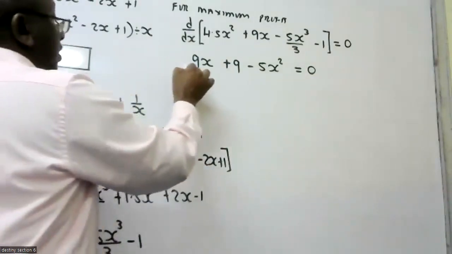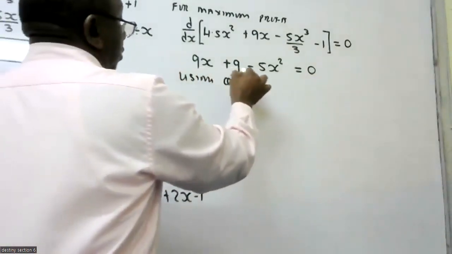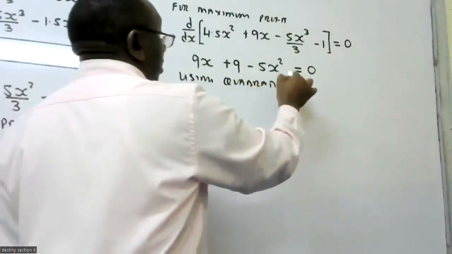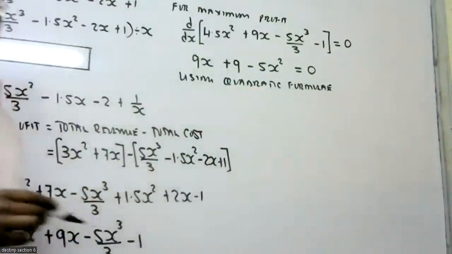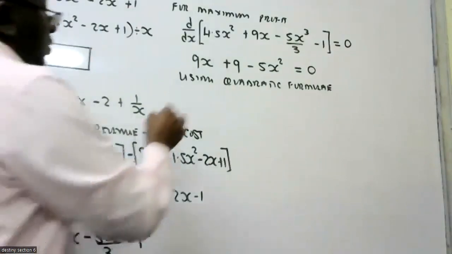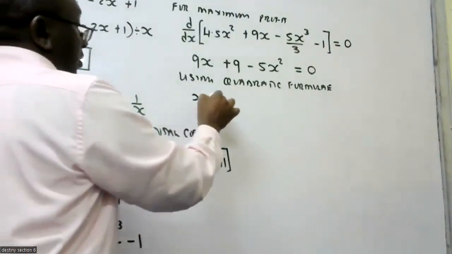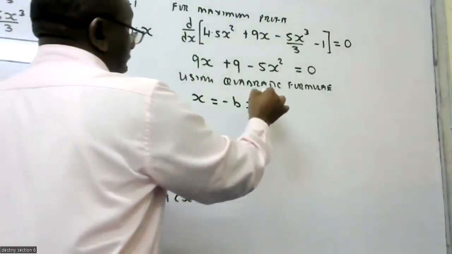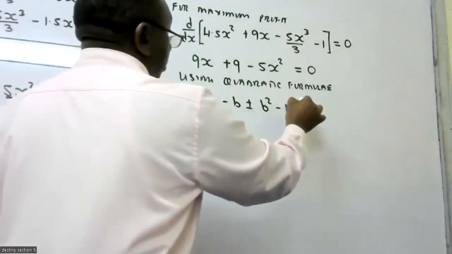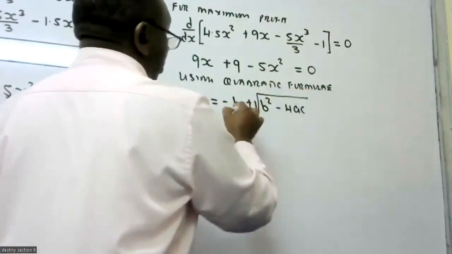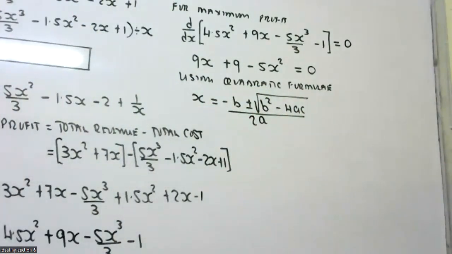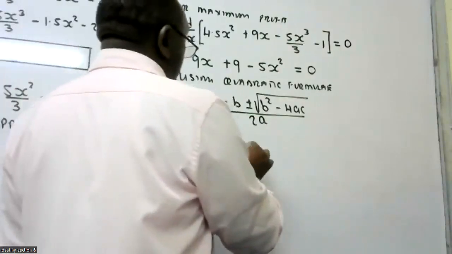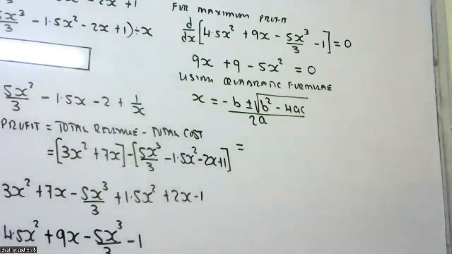So using the quadratic formula, which we know so well, x is equal to minus b plus or minus the square root of b squared minus 4ac, all divided by 2a. You divide by 2a. You are going to get